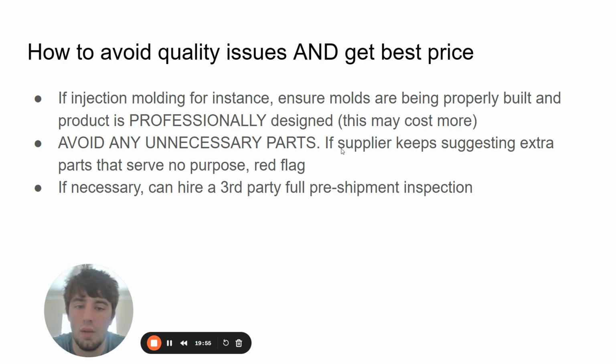And by the way, if a supplier keeps trying to get you to add extra parts that serve no real purpose, saying, hey, why don't we use this rubber O-ring for the lids instead of just a twist-off lid, which would make more sense. That would make it more difficult to use and add an extra part. Or if they're saying, hey, why don't we add this piece to the lid as well, that's a specialty piece you can't get anywhere else.